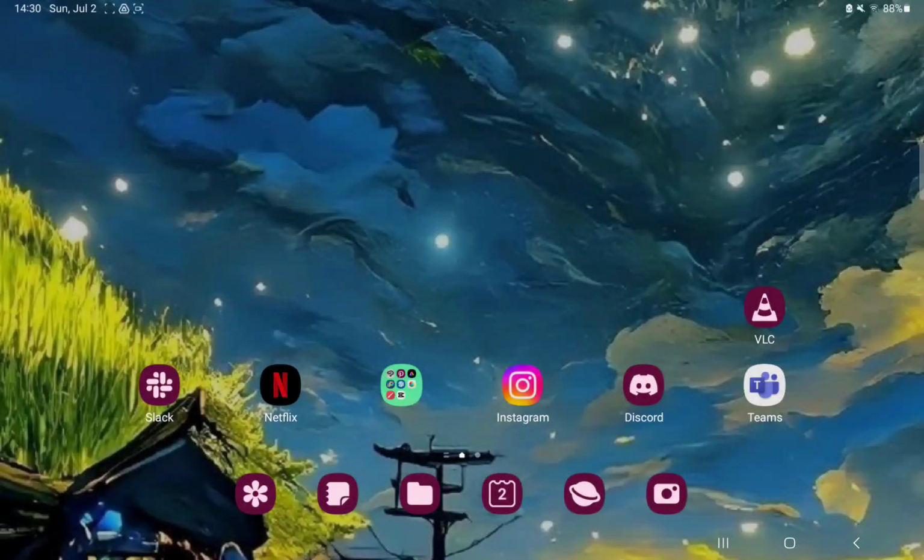Hello guys, in this video I'm going to show you how to set the media cover on lock screen function